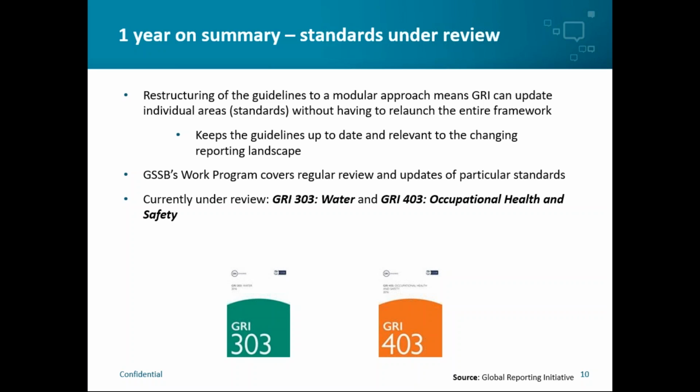The way this will work is that there's currently a date associated with each standard. Currently everything is associated with 2016, as that's when they were launched in October last year. But when the water and health and safety updates are issued, these particular standards will become GRI 303 Water 2018 and GRI 403 2018. By the time they're actually released next year, it'll be 2018, so instead of having the 2016 tag next to them, they'll become the 2018 version. So when organisations are using these, they'll always be able to see that they're using the latest version.